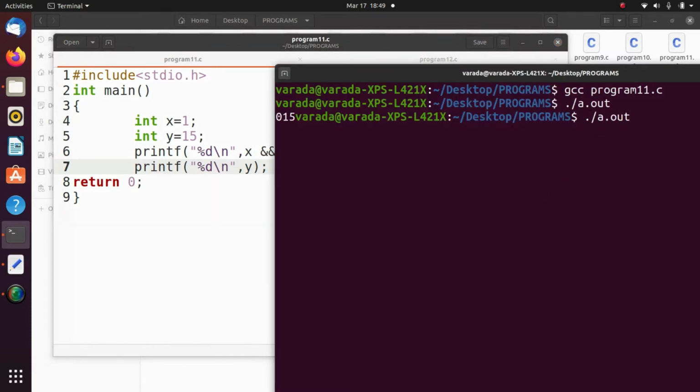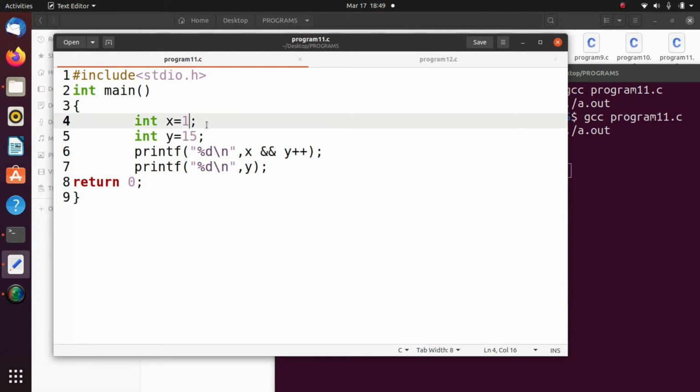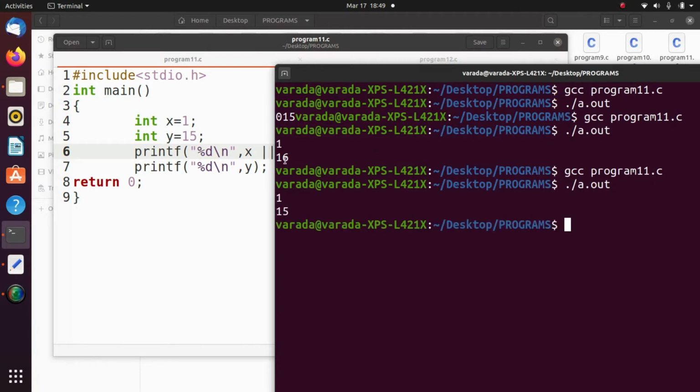Now what is the expected output? The expected output is 1 and 16. The same example, but here we take 1 and here we use the OR operator. Save the program, compile and execute: 1, 15.